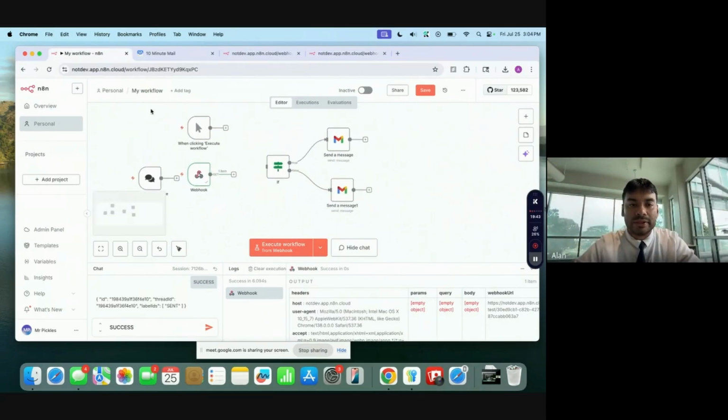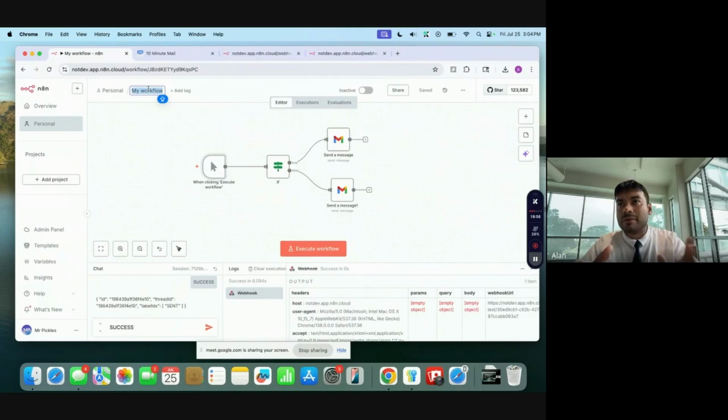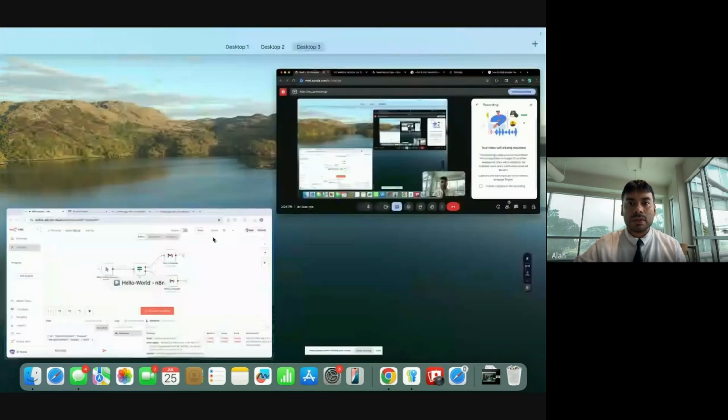So we're going to delete this, this, and this. We're going to reattach the manual trigger, and we're going to save it. And we're going to call this something that we can remember it by. Let's call it hello-world. Okay, so something interesting about n8n is that it interprets